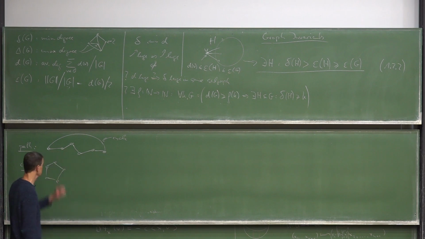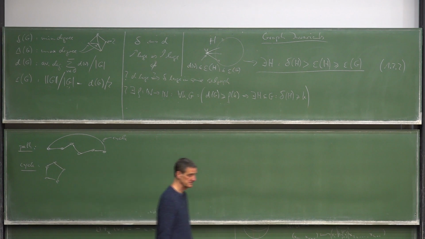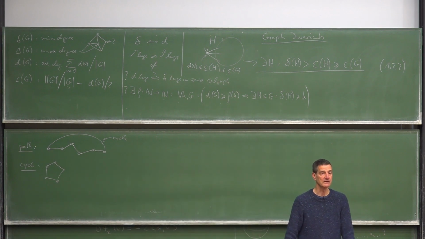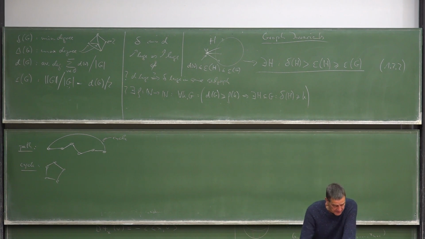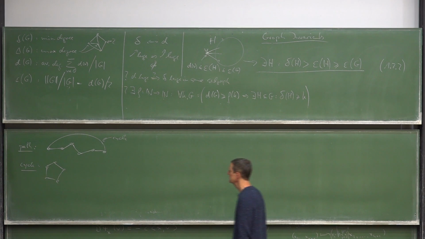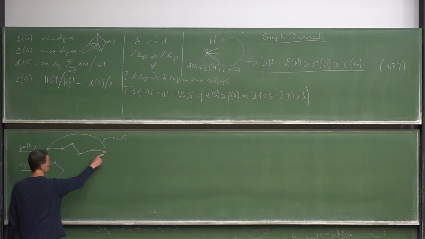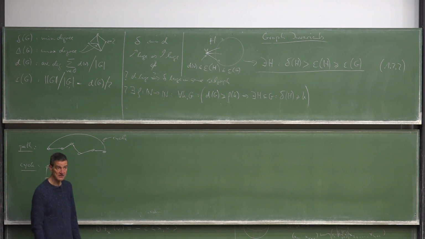That's the formal definition of a cycle. You can think of other definitions like, I don't know, you work in integers mod something and use the same definition as I did for paths. Okay, so an important aspect is that these vertices in the path have to be different, the vertices in the enumeration. So